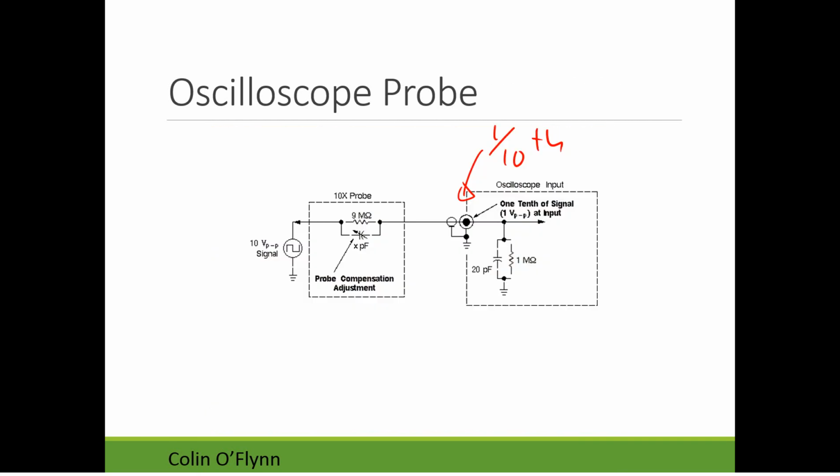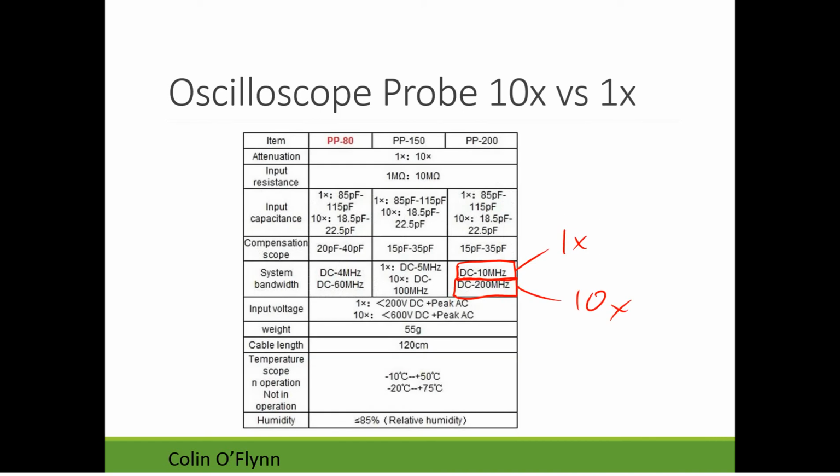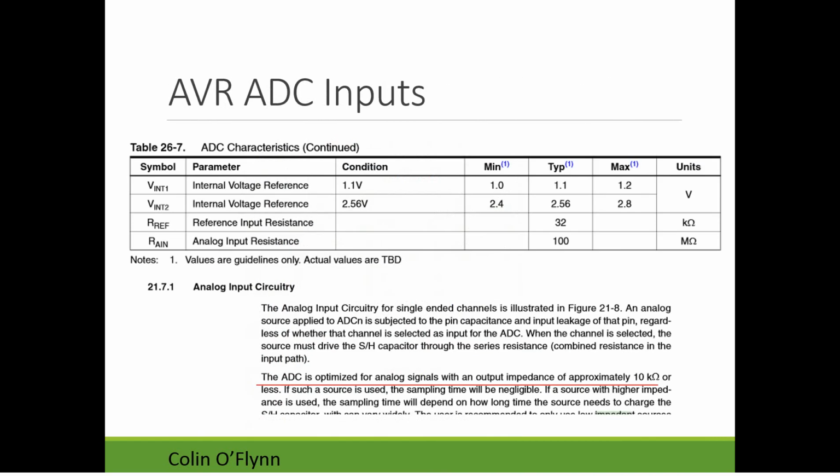But that's sort of an introduction to where you see circuit loading and the potential effects of it in the test equipment you're using in the lab even. The other part that you'll really see it is the inputs to your analog to digital converter. So on your AVR microcontroller, it can read an analog value. And if you look in the data sheet, it has this analog input resistance. So, effectively, for what you care about, you would think, oh wow, 100 mega ohms, so there's no circuit loading effect at all. The problem is, if you read into the data sheet, it actually tells you that, hey,